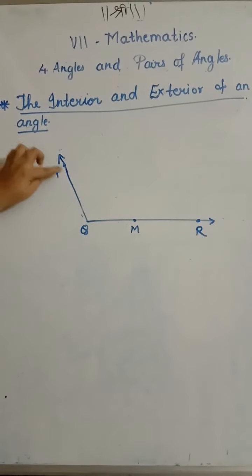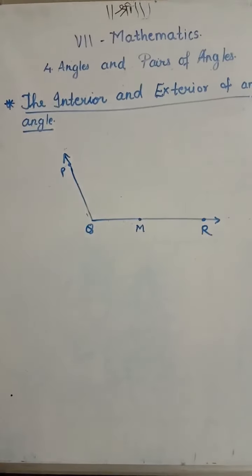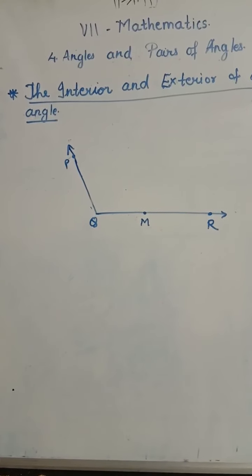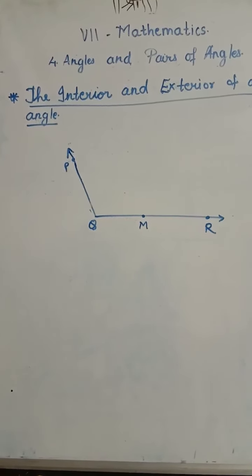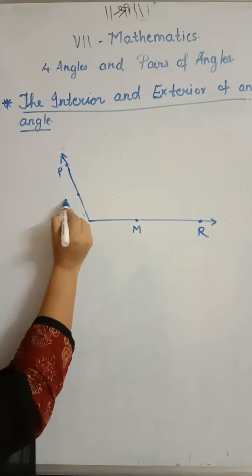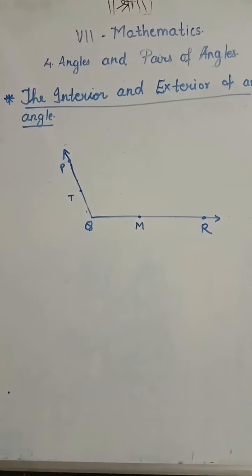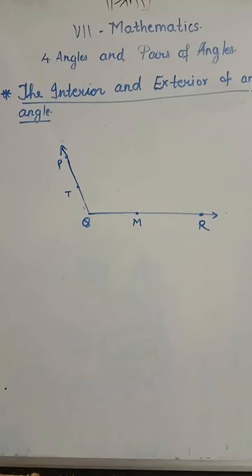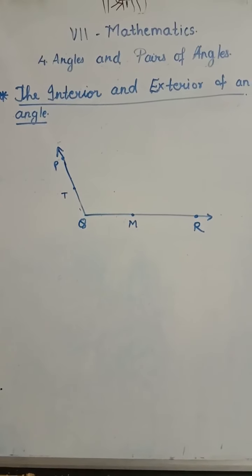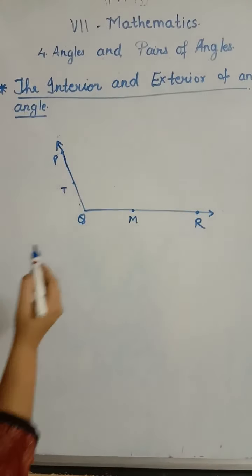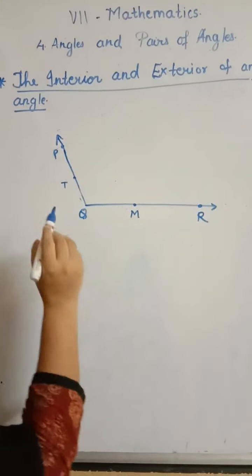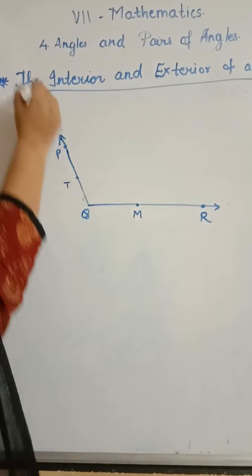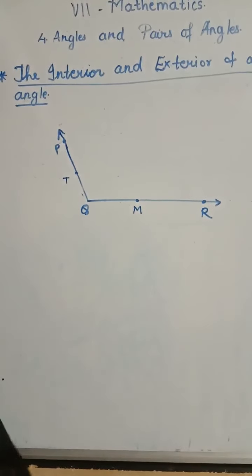Now is it lying on these arms, children? So this is called a point on the arm. Did you understand? Suppose you draw a point here and its name is T, then it is point T, and it is on the arm. Now these are rays, is it? If I extend this ray QR, and extend this ray QP further till the end of the board,